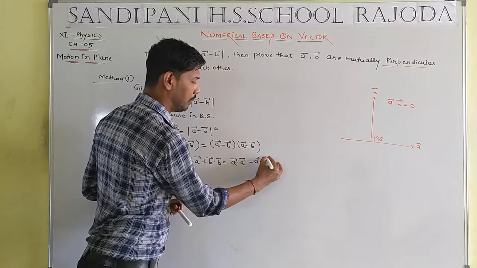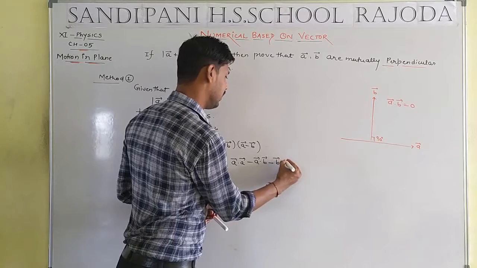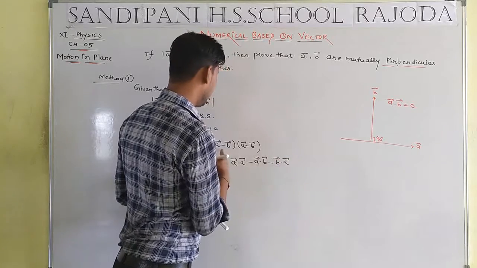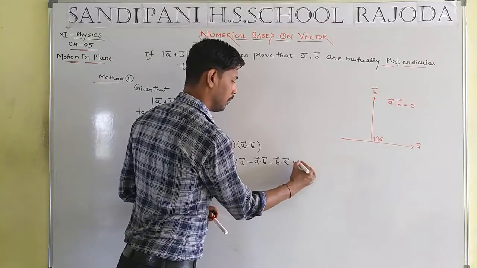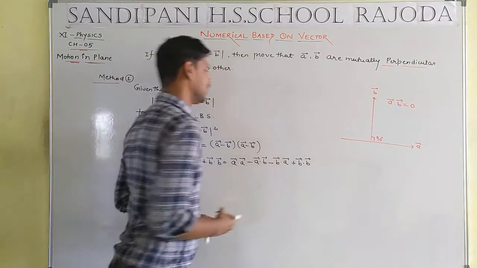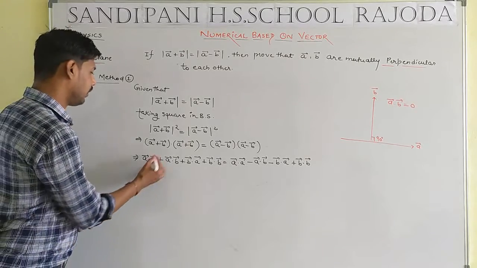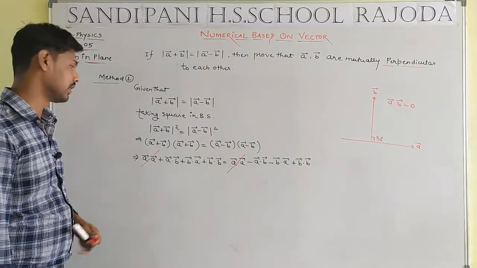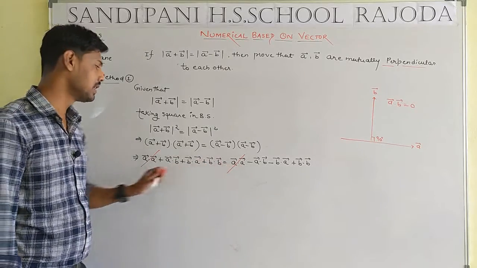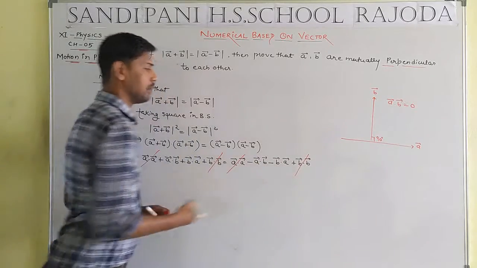Okay, student. Here a multiply by a, then we getting a dot a, then a multiply by b, that means a dot b. Here b multiply by a, that means b dot a, and b multiply by b, but minus minus plus, so b dot b. Okay, student, a simple multiplication between the brackets. Here a dot a and a dot a both consist the similar signature, that means a plus plus cancel out, and b dot b is another similar.